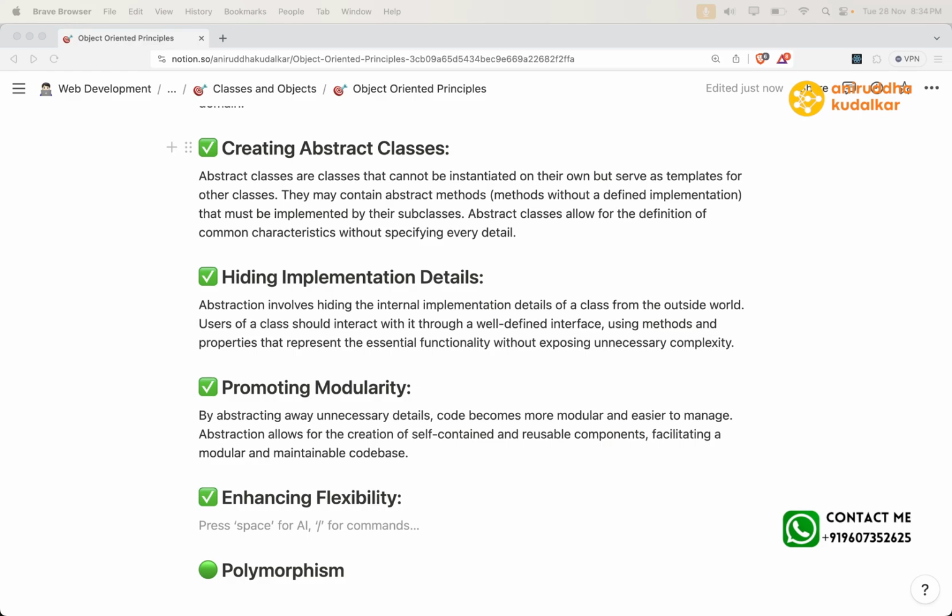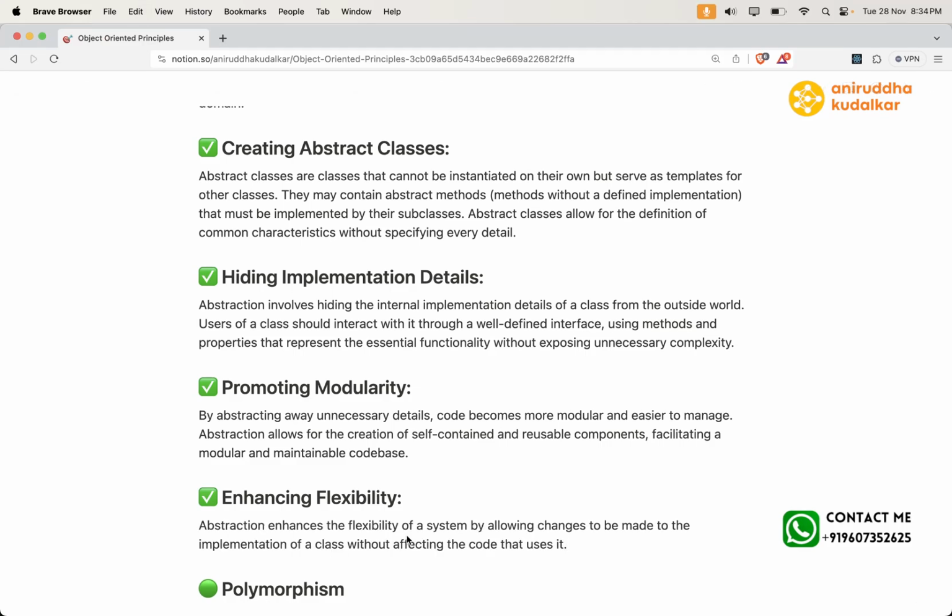Yeah. Enhancing the flexibility. When you say flexibility, abstraction enhances the flexibility of a system by allowing changes to be made to the implementation of a class without affecting the code that uses it. Flexibility, which means that